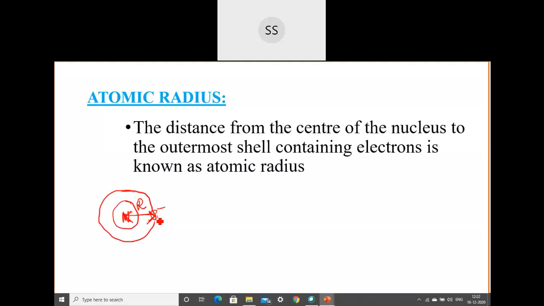So if I take the atom, inside the atom there is a nucleus, and then after that we have the electrons which are present in the outermost shell. This distance from the nucleus till where the electrons are present in the outermost shell, that distance itself we call the radius, because it's like a sphere. In a sphere also, when you want to count the radius, you take from the center to the circumference. So like that, when we measure the radius, we take the distance from the center of the nucleus to the outermost shell till where the electrons are present. That distance is called atomic radius.